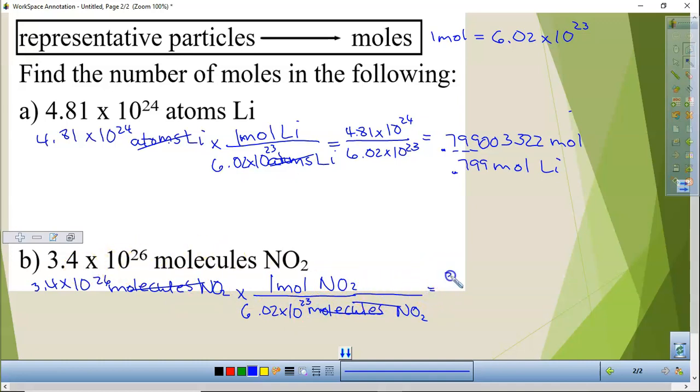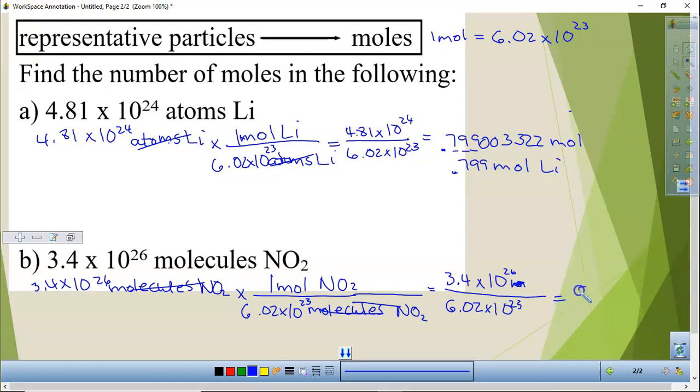So this is going to be 3.4 times 10 to the 26th molecules, or I'm sorry, not molecules. It's 3.4 times 10 to the 26th times 1. Sorry. And below, divided by Avogadro's number, 6.02 times 10 to the 23rd. Okay, so when I do that division, 3.4 times 10 to the 26th divided by 6.02 times 10 to the 23rd, I get